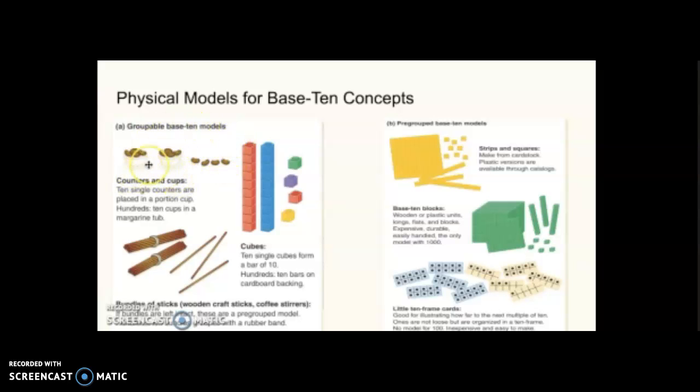We can have 2 cups, and then students can physically start placing 10 beans in one cup and 10 beans in the next cup, only 10. And the remainder should not be inside the cup, so they can see what the ones look like, the independent ones, and how we establish a relationship with the group of 1 ten. So like I mentioned, plastic containers help to make the connection between the